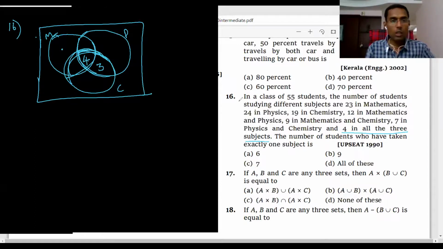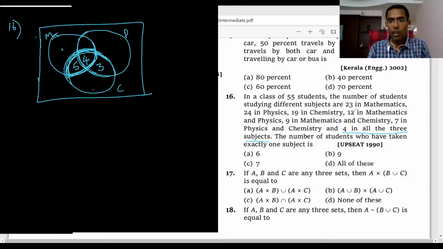9 in math and chemistry. Math and chemistry, this total is given as 9. Math and chemistry means this total region. This total region is 9. But this already has 4 there. So here this must be 5. So then next,